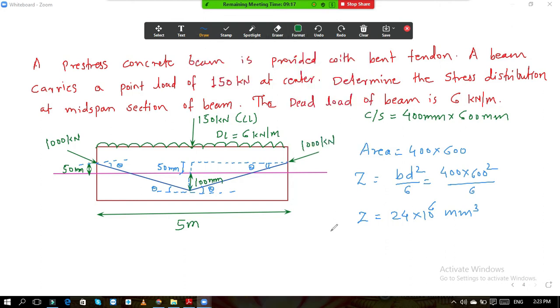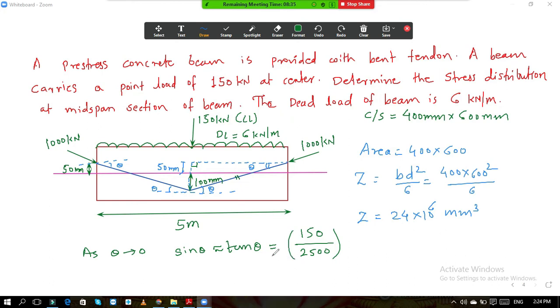So the value of it is, if I use tan of theta, you know that as theta tends to 0, sin theta is equal to tan theta. Tan of theta is, if this angle is now 90 degrees, so this is your hypotenuse. So tan of theta is opposite side, which is 100 plus 50, so 150, divided by the adjacent side. The total span is 5 meters, so the adjacent side is 2500. This is your value of sin theta.